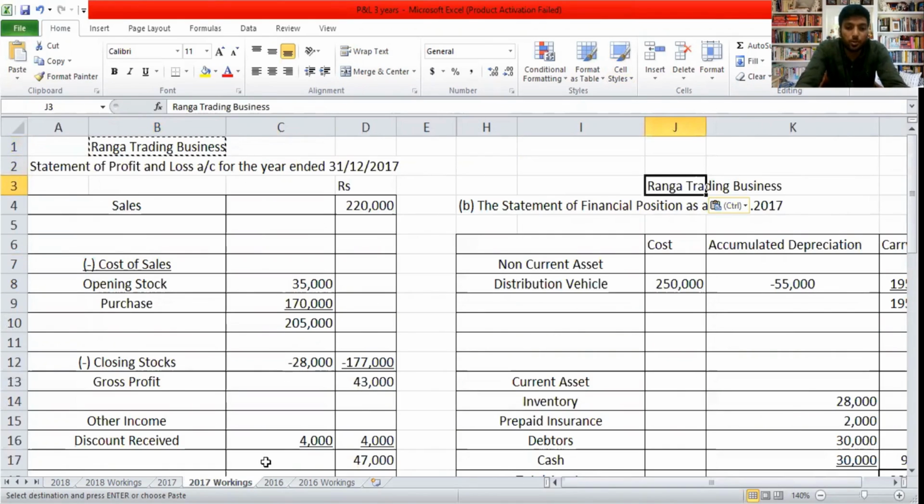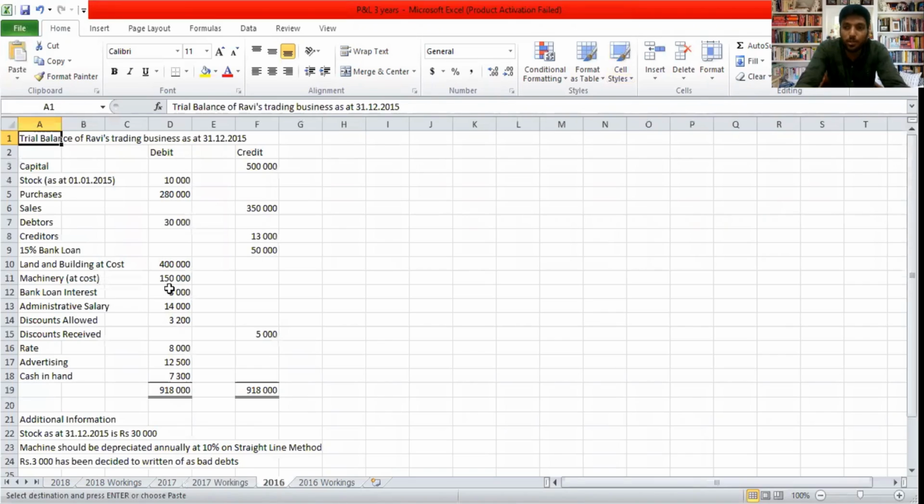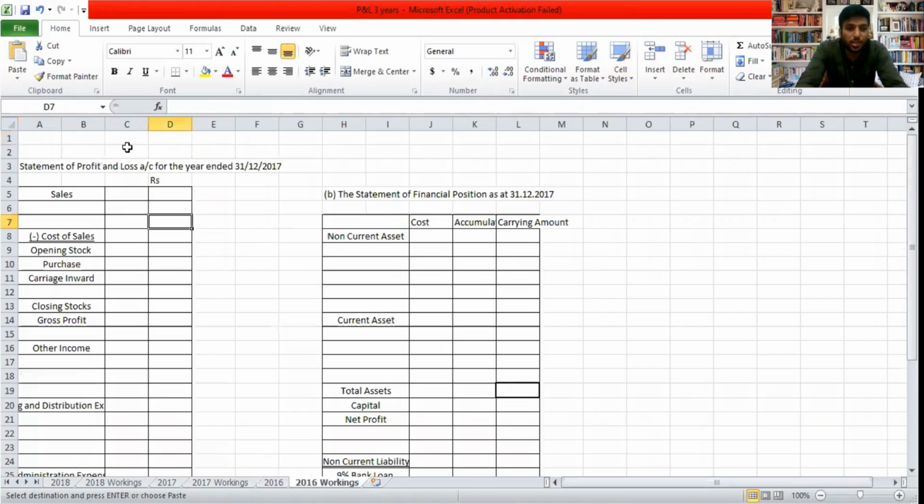We are done with that. So we move into 2016. First of all, we'll start by writing the business name, Ravi's Trading Business. So I'll write here on the profit and loss account. I'll make it a bit